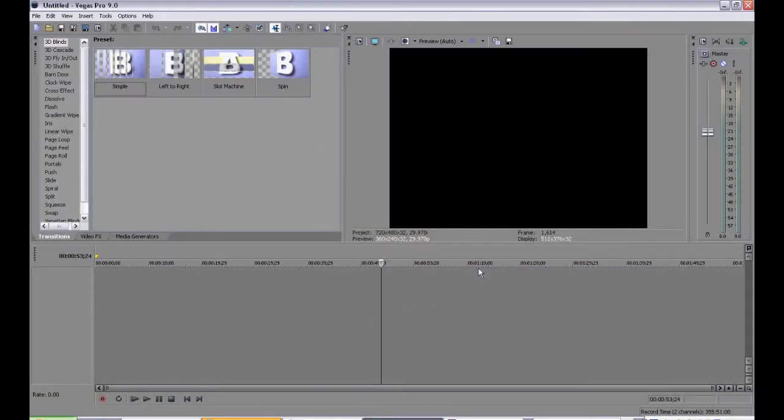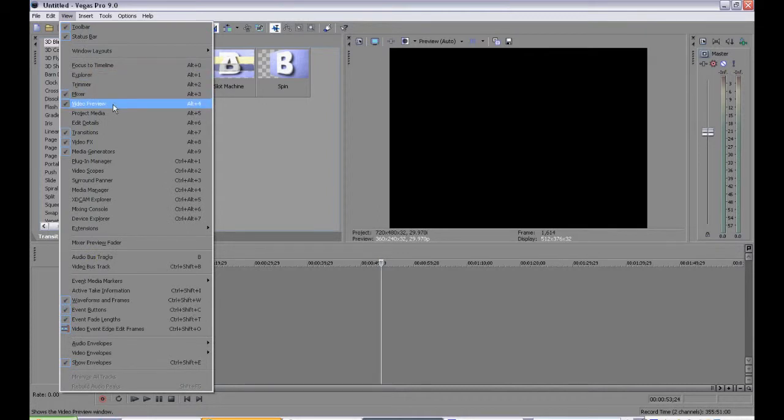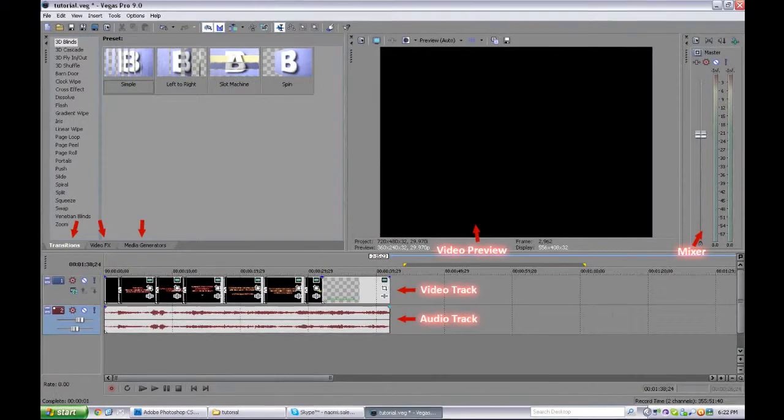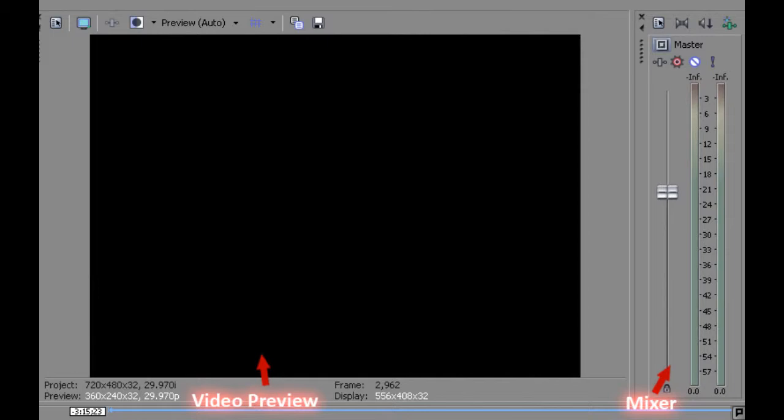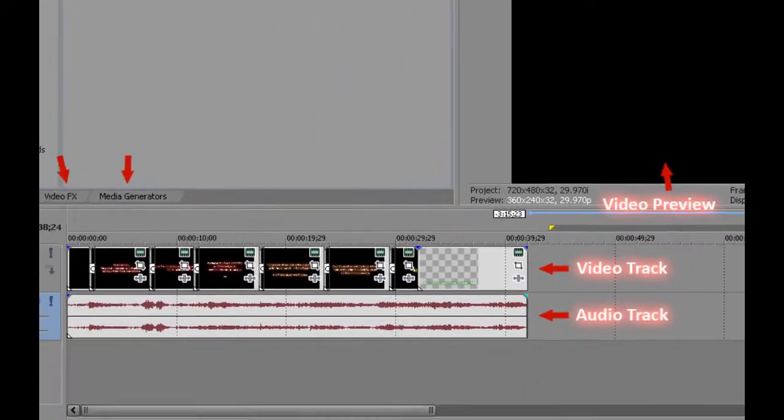Okay, so this is the program we'll be using, and these are the toolbars visible: the mixer, video preview, transitions, video effects, media generator. Now I'll show you a pic to help you. Okay, so here we have the transitions, which we use between clips, the video effects, which has various kinds of effects you can use, like moving, the glow, rays, or others, and media generators, which we'll use to add the lyrics, text, or credits. Near them we have the video preview and the mixer, and down here we have the